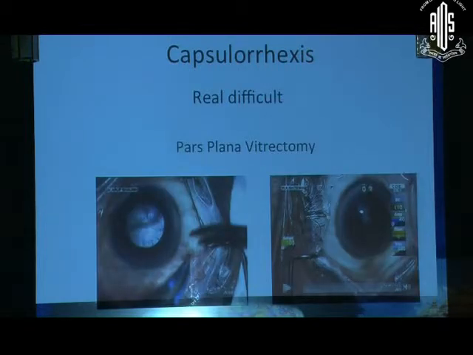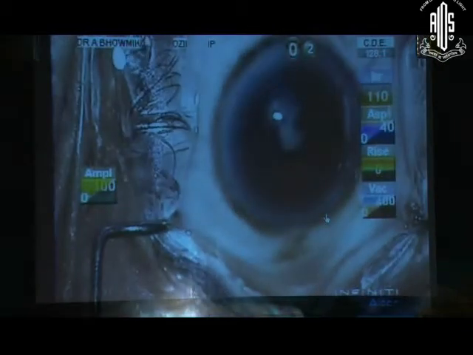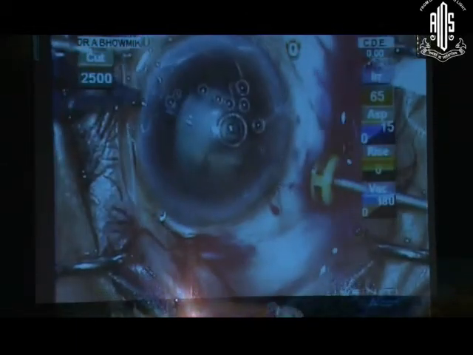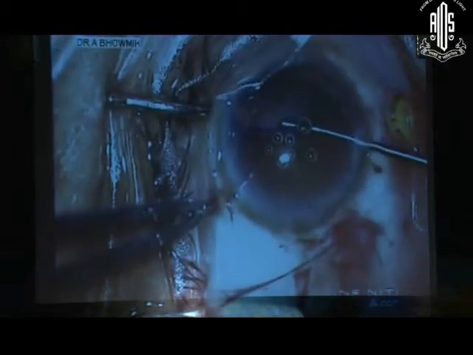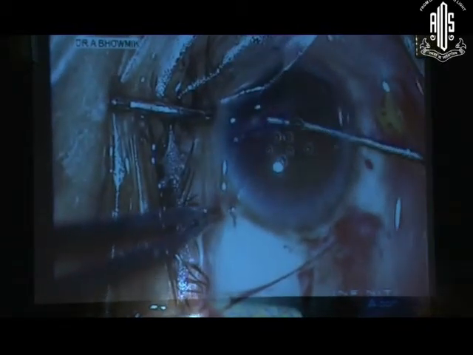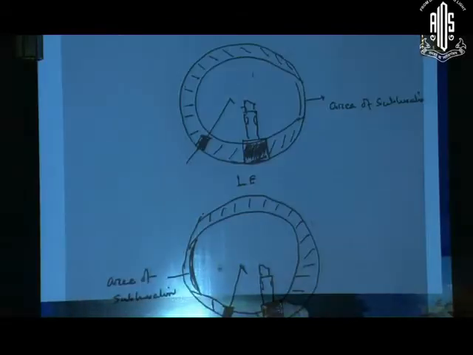I am showing just one video. This is a very microphthalmic eye, and its biometry is 46 diopter. Whenever I made a little bit of scleral incision, I saw the AC was very shallow, and I did a pars plana blind vitrectomy for a few seconds. After that, the AC became deep, and I could do the phacoemulsification easily.